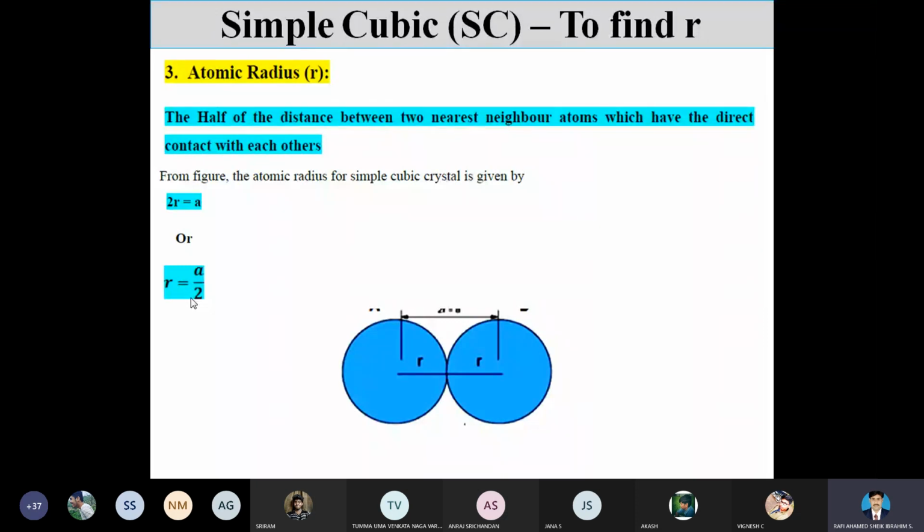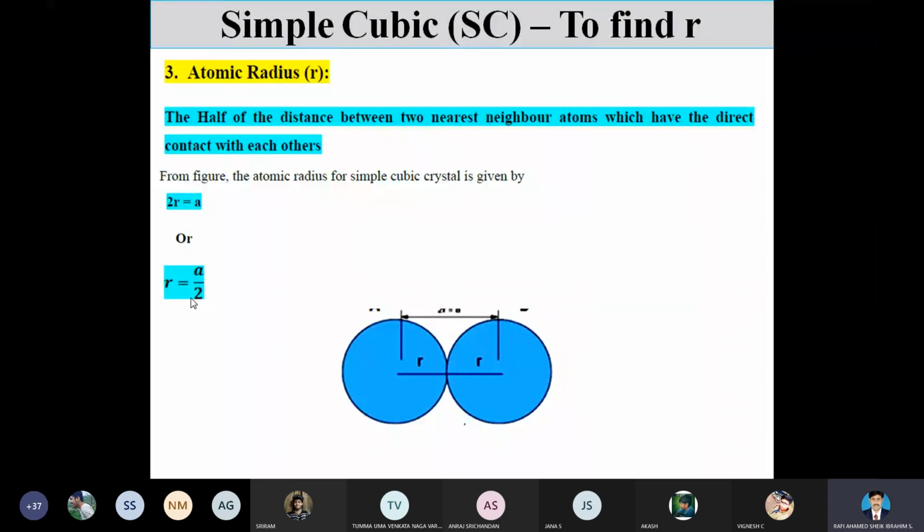No one will ask you why you have written that directly. Because as an examiner, they will consider only the structure. They will see the definition, whether the definition is right or not, and whether the presentation is correct or not. And then they will check the parameters. N is equal to 1, correct. Cn is equal to 6, correct. R is equal to A by 2, correct. So this is a way. What I have shown here from this PPT, you can present the same way in your examination.